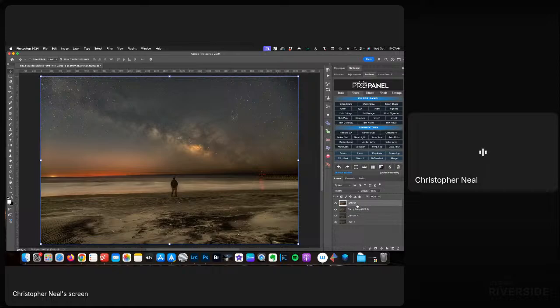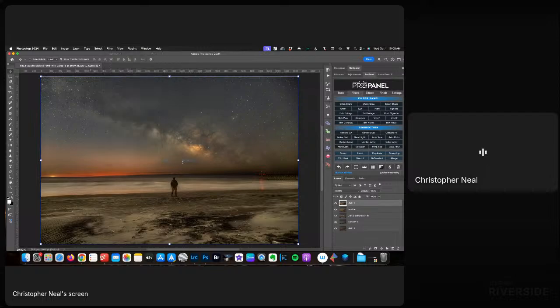And I like to name my layers so that I can go back to exactly what was done. You can see this Luminar Misty Mood warms it up even more and puts that glow in the Milky Way, in the core of the Milky Way. And then the final filter that I'm going to run, I'm going to stamp up again,